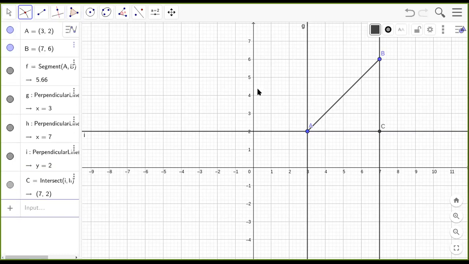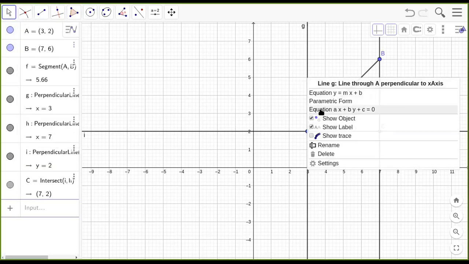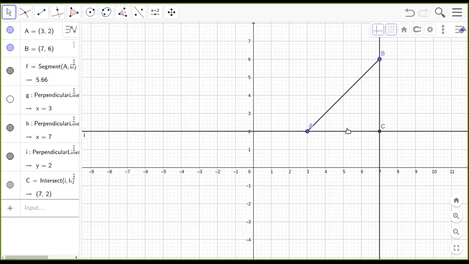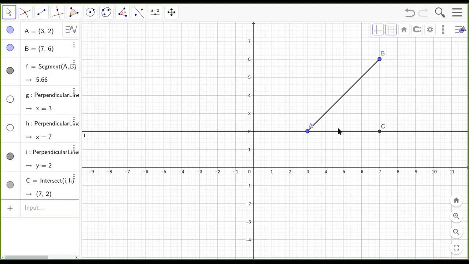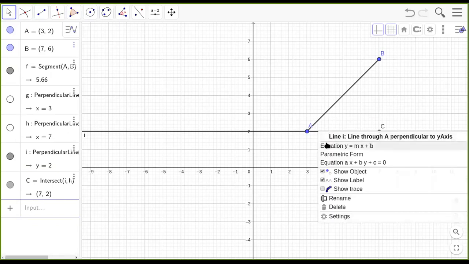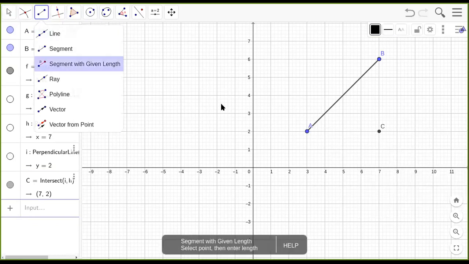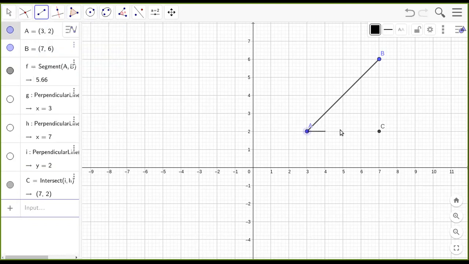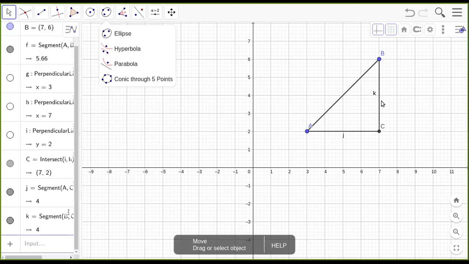Now I think I will remove the other lines so that I don't have to see all this when I do my generalization of the formula. So I remove all these lines that are not required for me. Now I have to complete the right triangle. So I take the line segment, join A and C, because I already got the intersection point. I know that point is the intersection between the two perpendiculars that I have drawn. Now I can remove the labels. I don't want the labels.